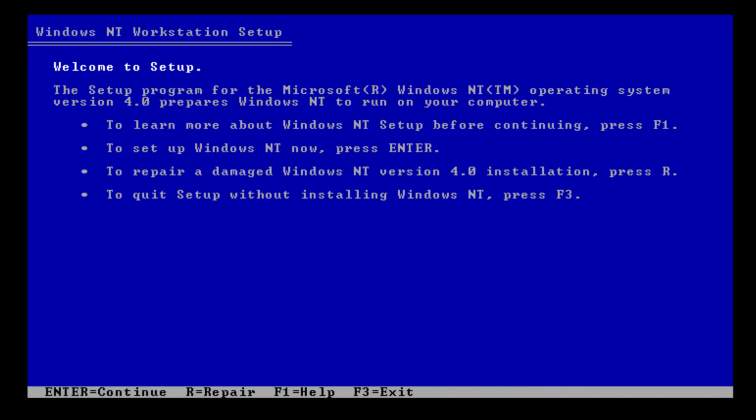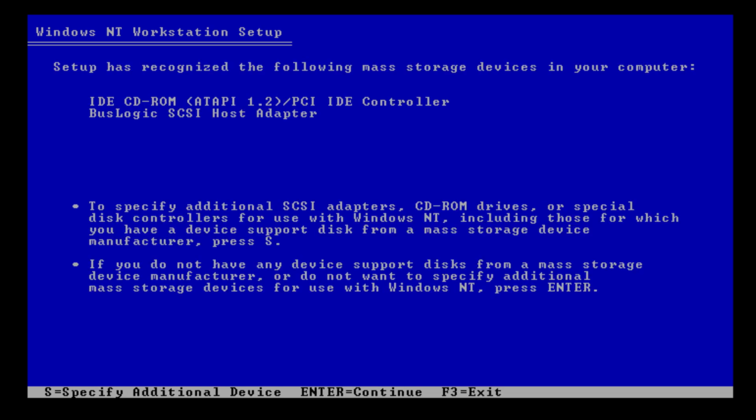But basically, this whole setup process should look very similar to anyone who has installed any version of Windows prior to Windows Vista. So this would include Windows XP. This whole installation is going to probably look very similar, as they haven't really changed anything about this first portion of the setup until Windows Vista came out. So what you want to do first off is just press enter,